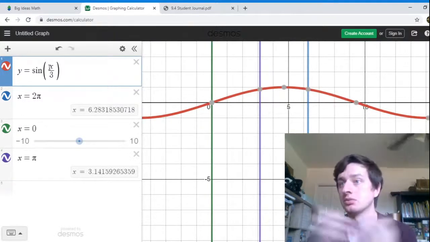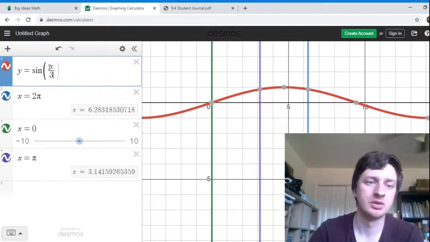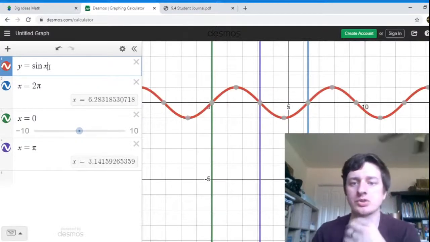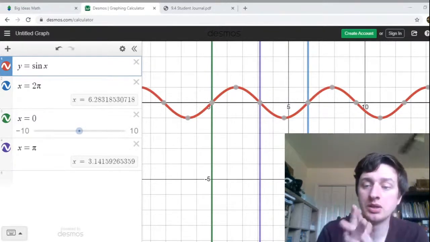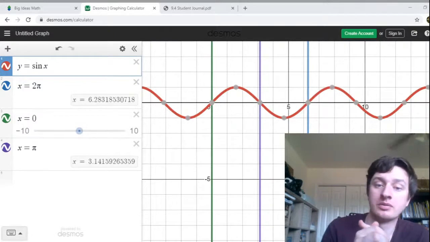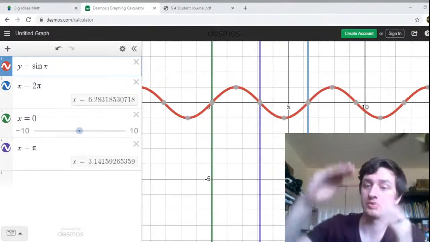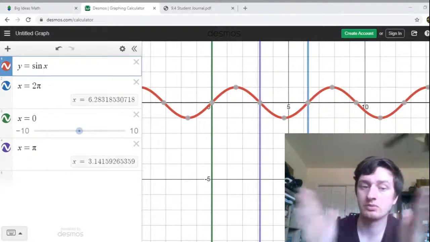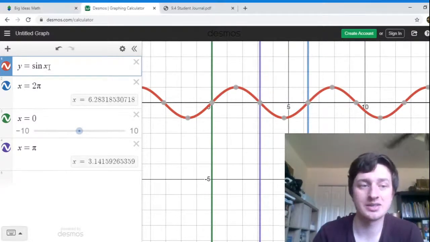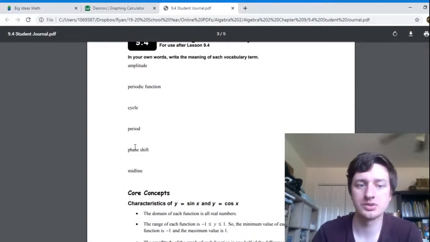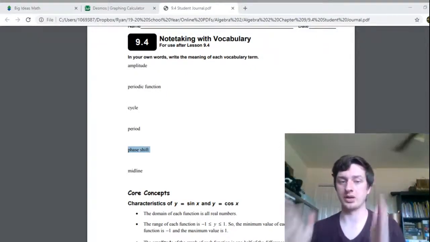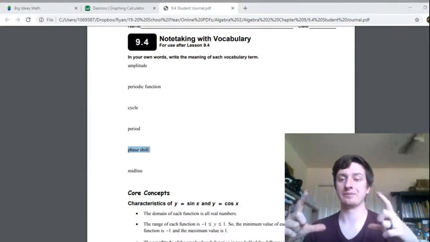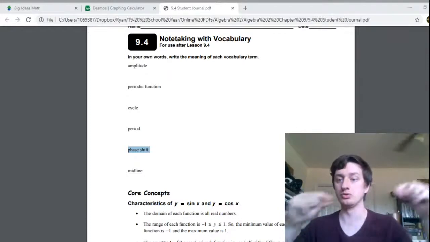So now it's really stretched. Okay, we're dividing. Here's our original. So the period is the distance in between, and that relates to 2 pi. So the amplitude is the stretching up and down. Period is how far before our cycle starts over. And the last thing in our vocab here in our sine unit is this phase shift. This phase shift is how far I've shifted things left and right or up and down. Right, so I can take my sine wave and move it around in the coordinate plane,